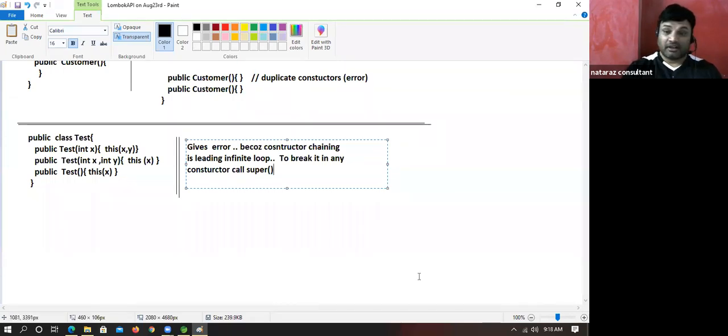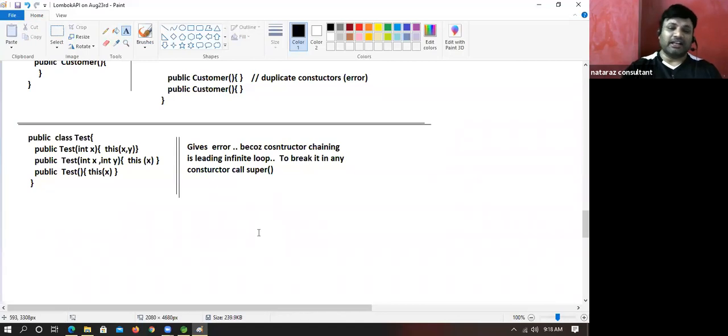That's it. So in any constructor call super(), control goes to the superclass constructor, and the loop is broken. Definitely the loop is broken. Are you understanding my point there?